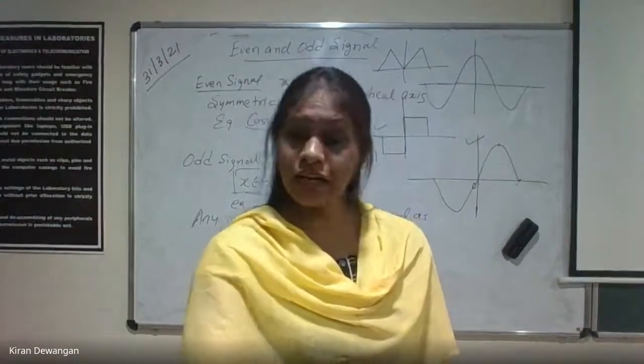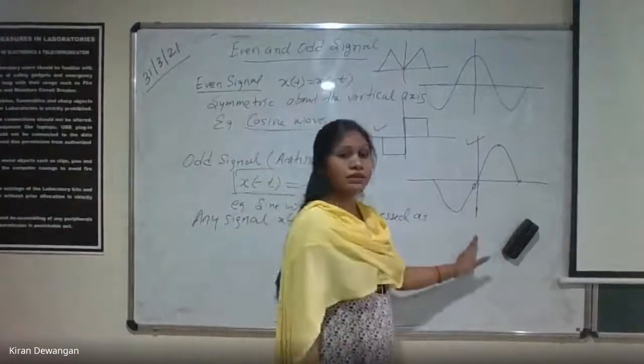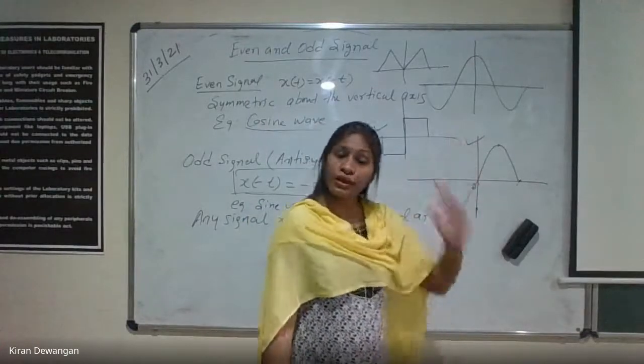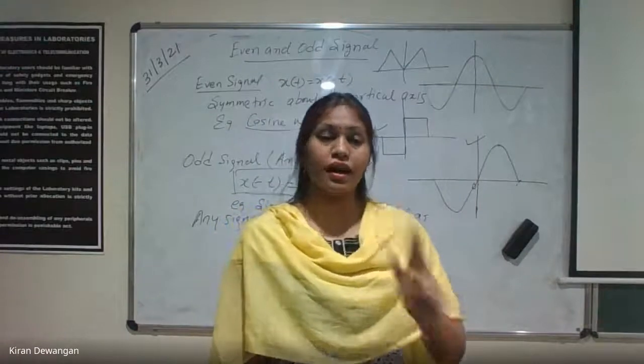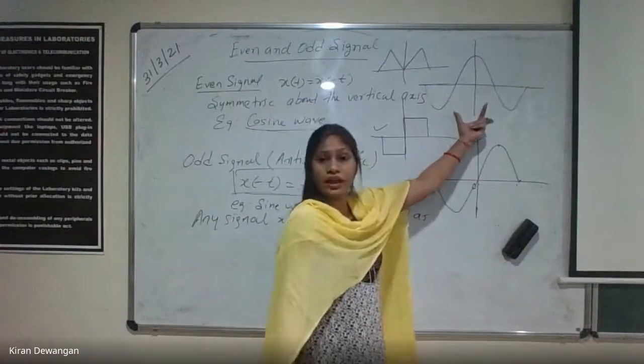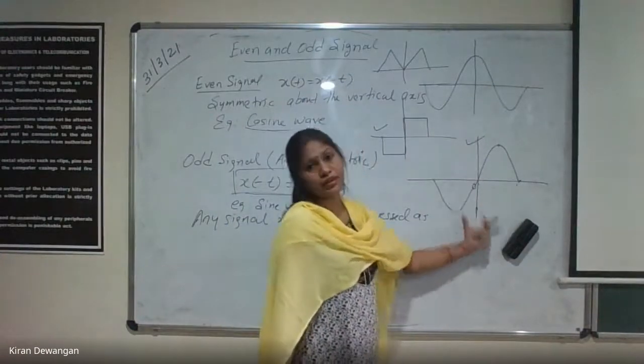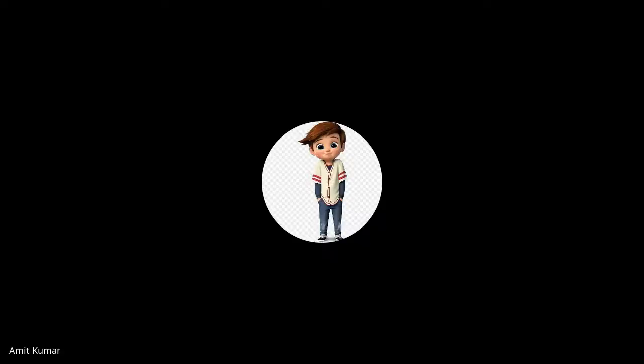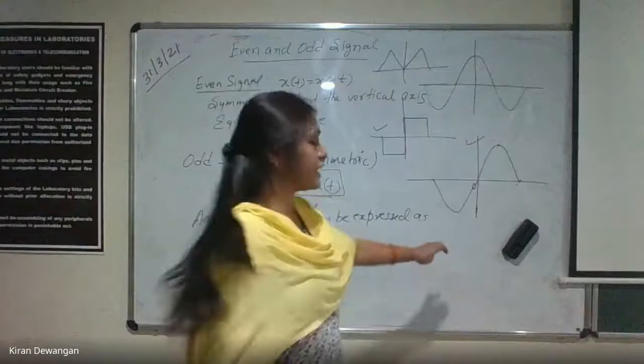हाँ, रेफरेंस वर्टिकल एक्सिस ही है आपका. ये जो वर्टिकल एक्सिस है ये पूरा रेफरेंस है. This will always be a reference for both even and odd. दोनों में यही रेफरेंस रहेगा, इसी के अक्रॉस रहेगा. This will be symmetric around the vertical axis and this will be anti-symmetric about the vertical axis. इसी के रेफरेंस पे चलेगा. ठीक है? Is this clear now, everyone?